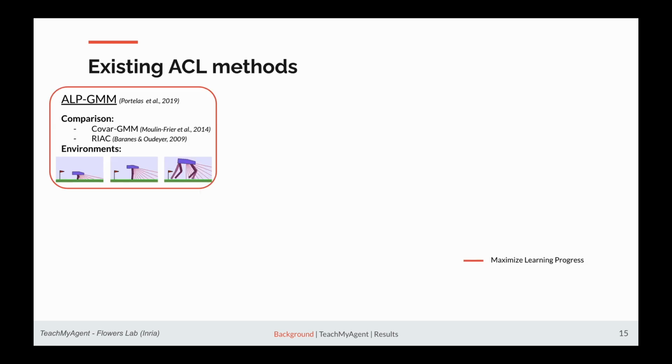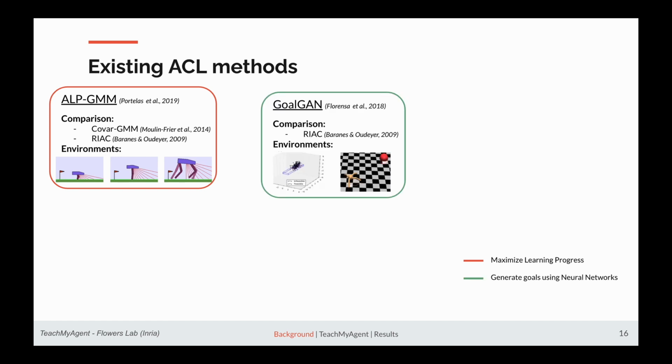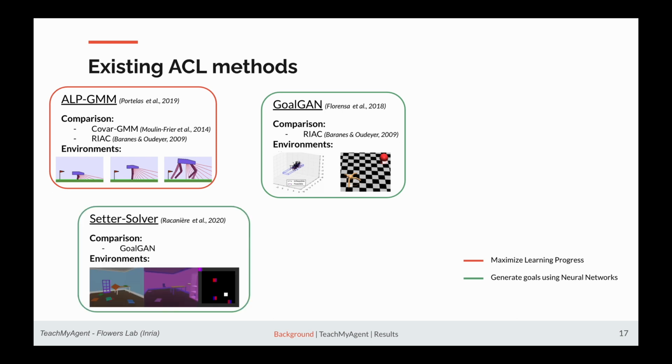First, there's ALP-GMM, which was introduced by Portelas et al. in 2019, a method that tries to maximize learning progress over training. In the paper, they compare ALP-GMM against CovAR-GMM and IAC, which are two other methods. We can also talk about GoalGAN, which is a bit different. It uses a neural network to generate goals, and in that paper they compare their method against RIAC. There's also Setter-Solver, which is also using neural networks to generate tasks, goals, and they compare only their method against